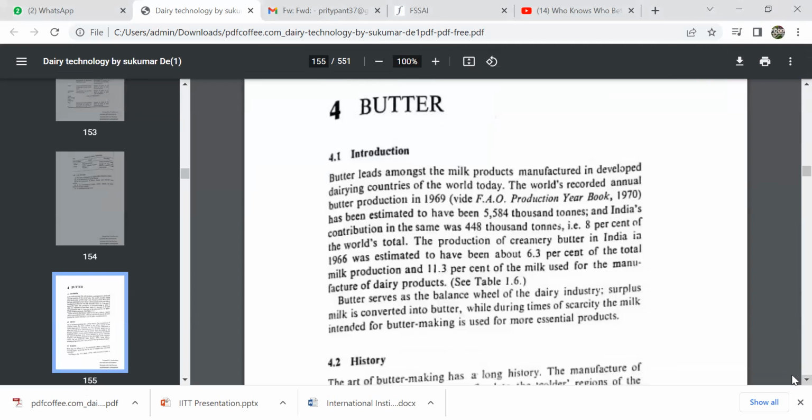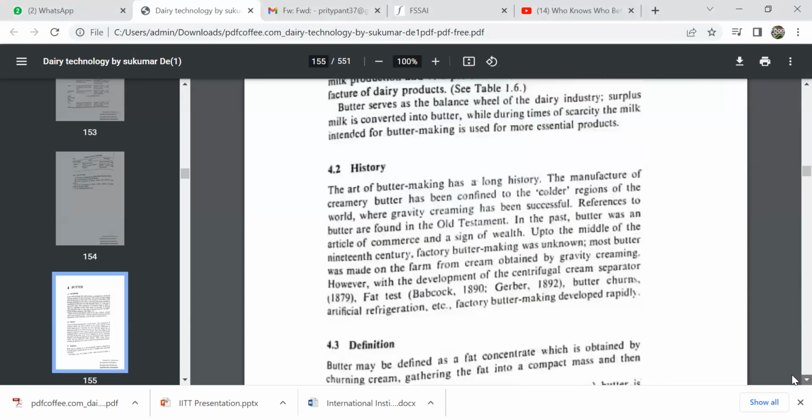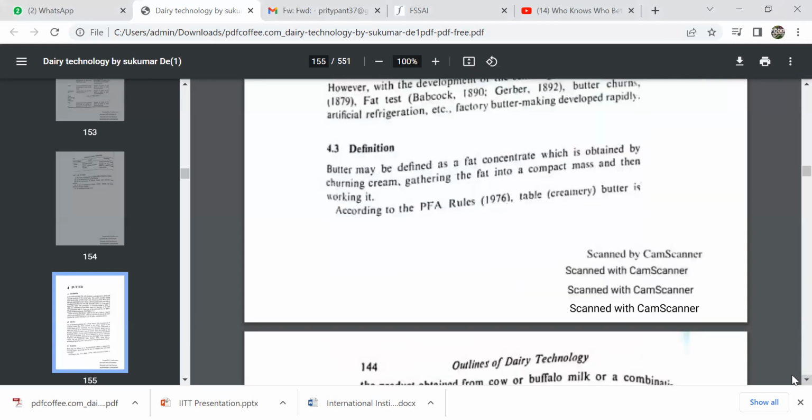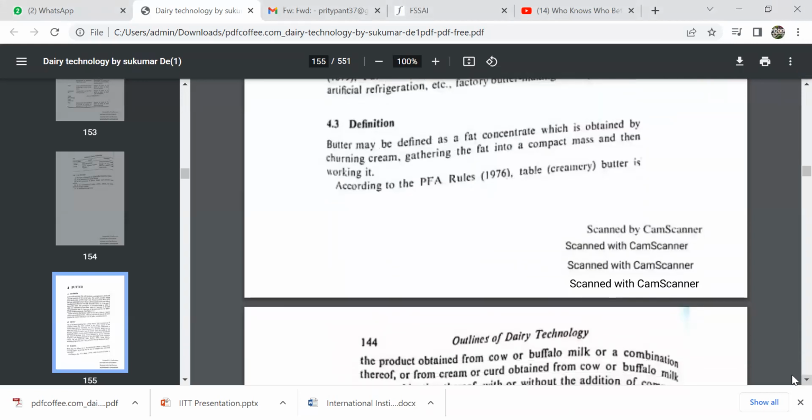As I am sharing the screen, butter, if I take the definition of butter, it is the fat concentrate obtained by churning cream. And after churning cream, we get the gathered fat into a compact mass, and after that we will work on it to get the butter. And if